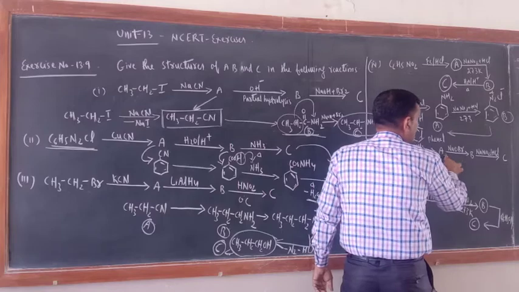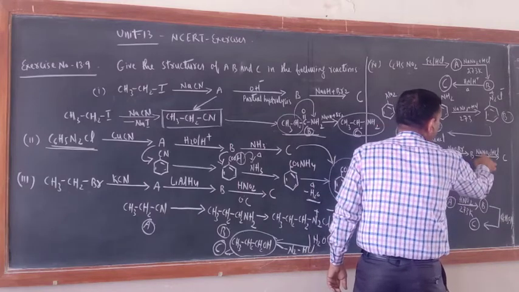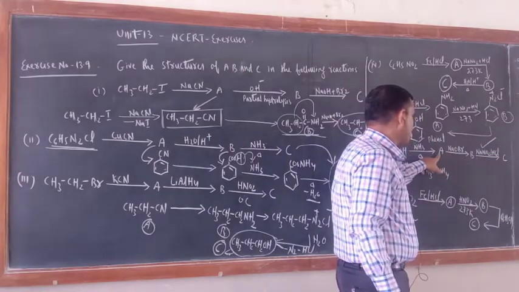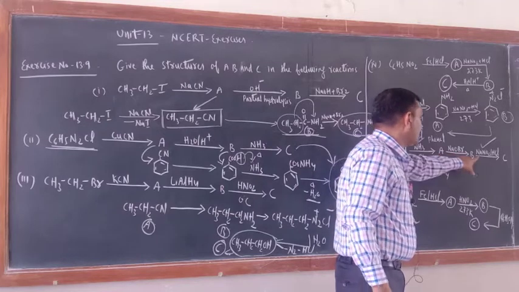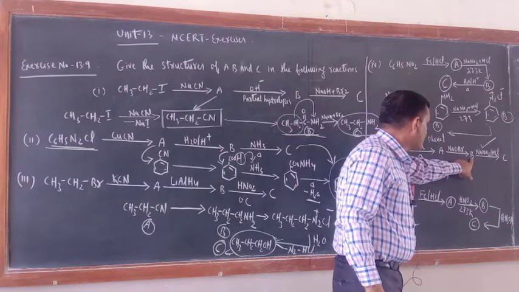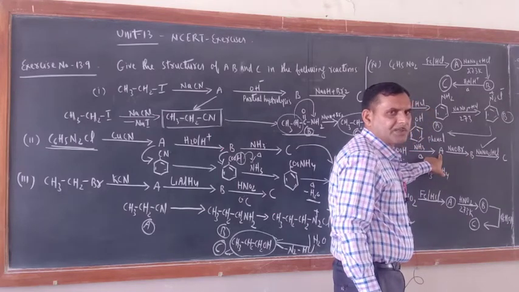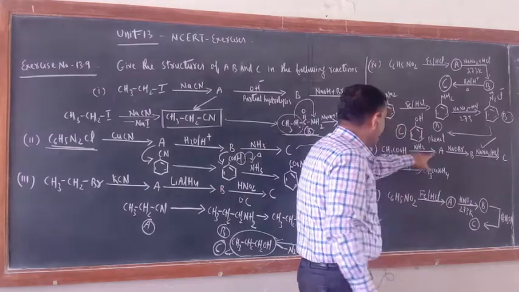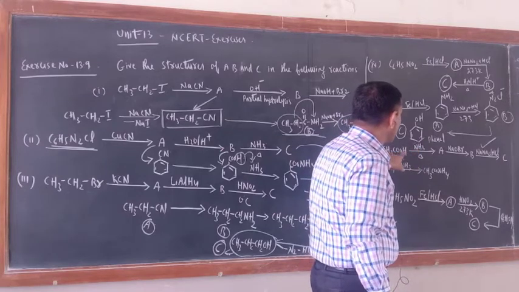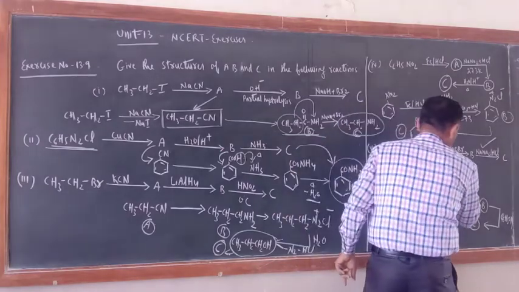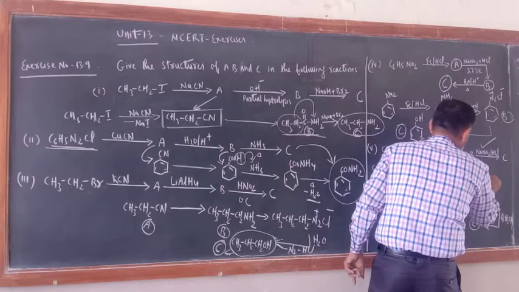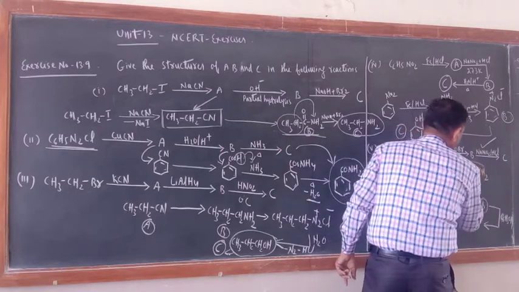Now the A should be with respect to B. So B is the hint of diazotization. Which is undergoing diazotization? The NH2 group is undergoing it. And the NH2 group you have to get from A. What should A be? A should be an amide, and the amide you can get when NH3 reacts with CH3COOH. So you have got this one. Now heat this one. So your final product would be CH3CONH2, correct, minus H2O. So this is A.